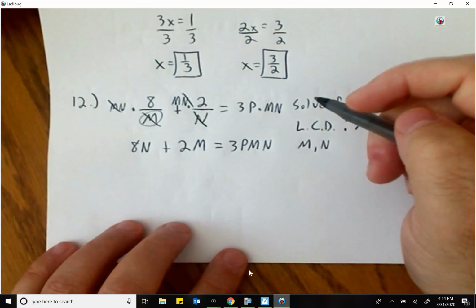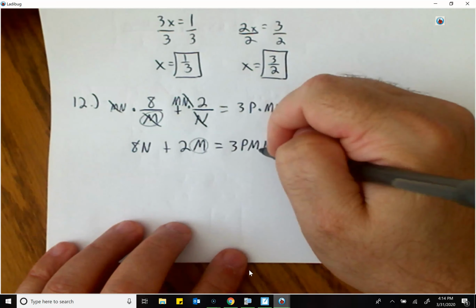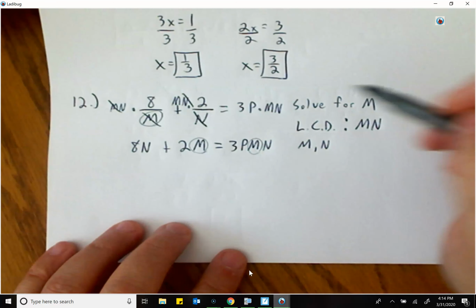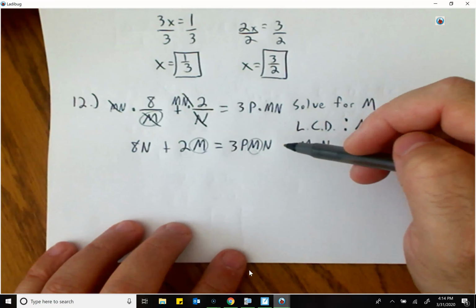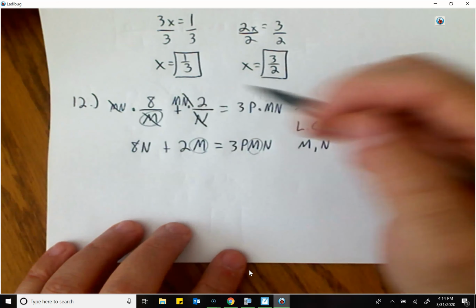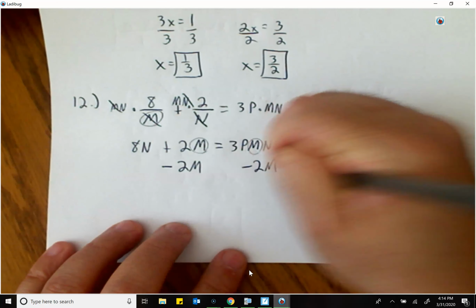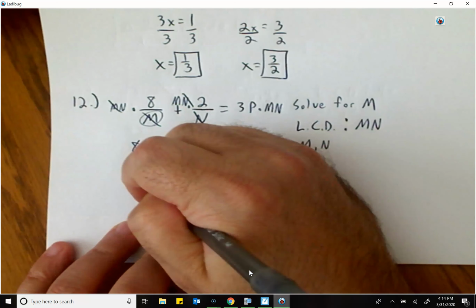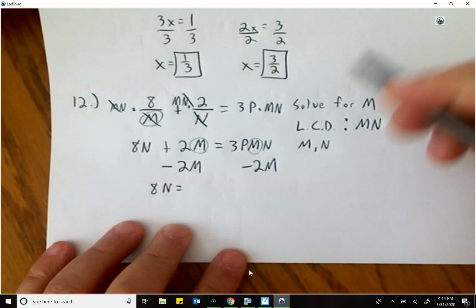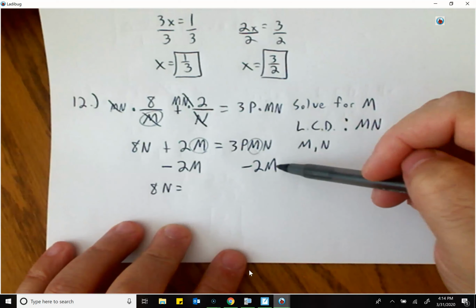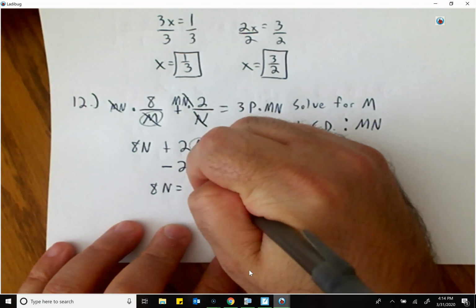Okay? Again, we need m by itself. Now I have 2 of them. So that means I need to get all my m's on one side. So leave this 8n alone, and let's subtract 2m to the other side. So we have 8n equals, now do these two get together? No, because they don't have common variables. But they don't go away, so what we have is